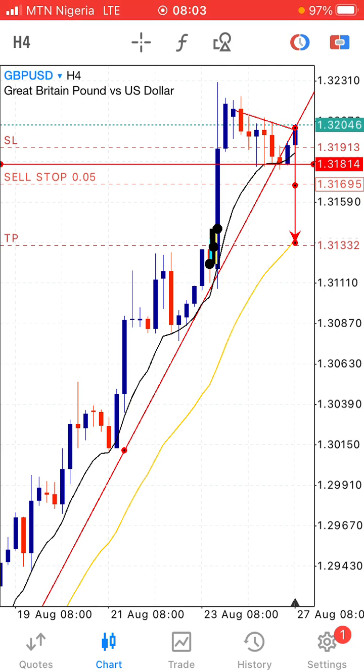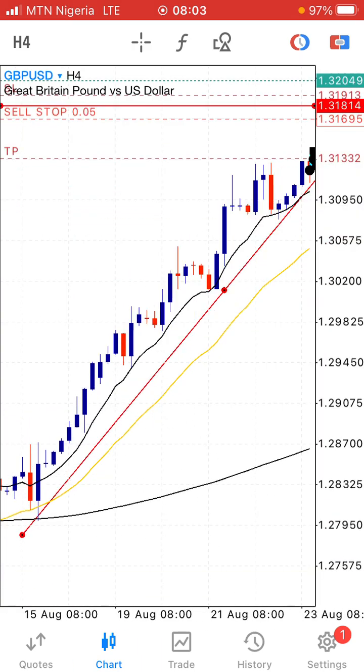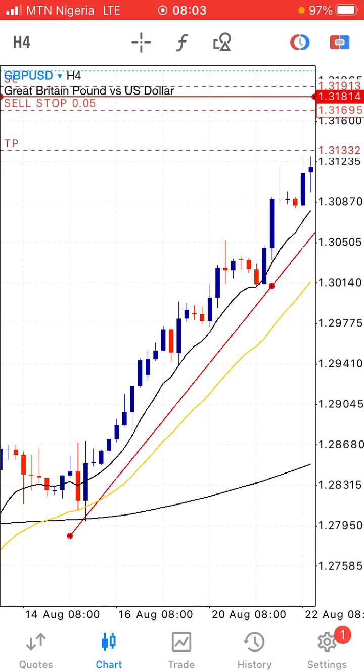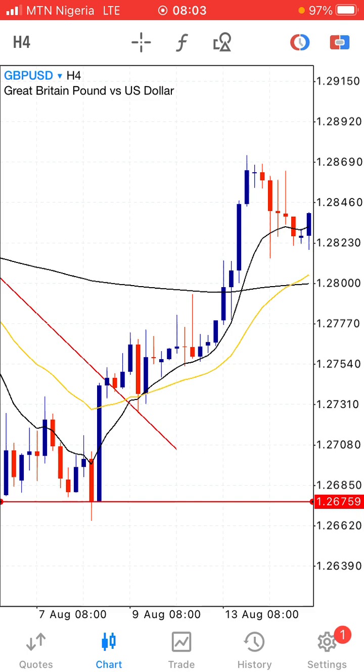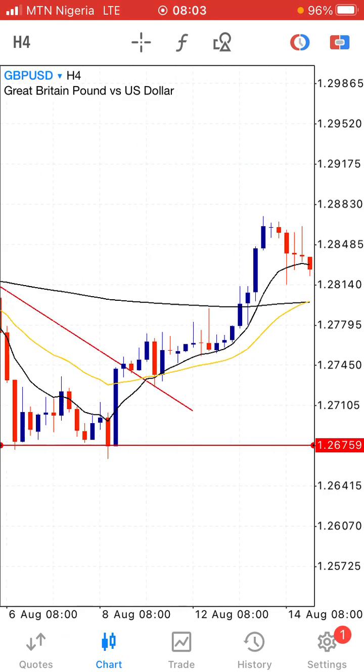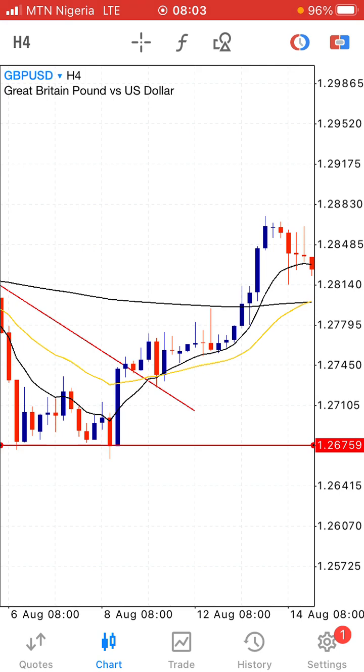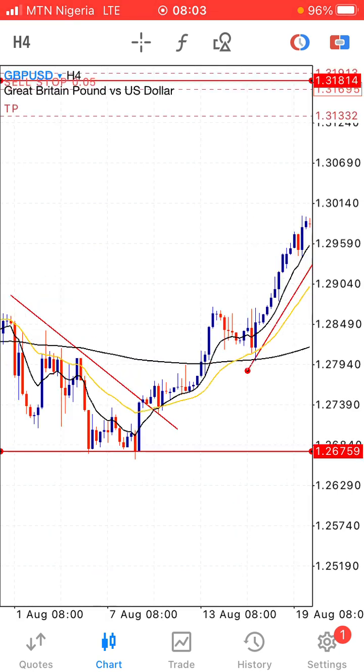I said something on GBPUSD. I like doing my analysis on a 4 hours time frame. I use a lot of confluences because you could see my 200 moving average, my 9 and my 25 moving average. Why I like the 4 hours time frame is because whenever you see a setup on it, it tends to hold better than that of a 1 hour or 15 minutes time frame. You could have a valid setup, and especially I use trend line breaks.